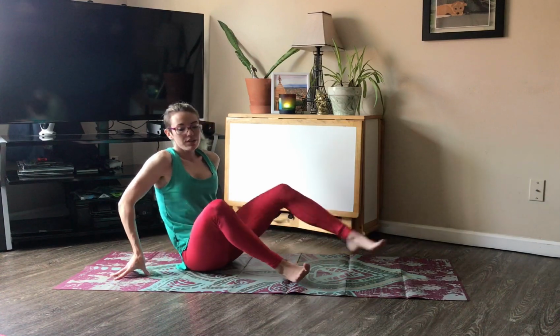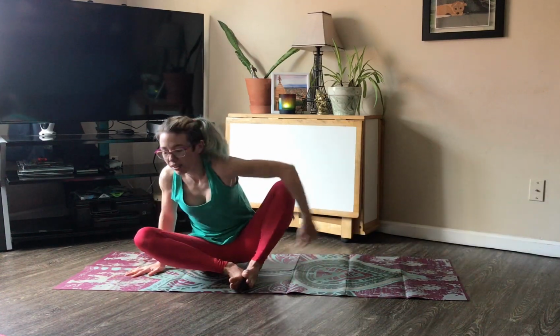We'll bring the soles of the feet together, finding Cobblers Pose here. We'll interlace the fingers, wrap them around the toes. If you have a lot of space here, you can walk the heels in closer to the body. If you need more space here, you can walk the heels a little further away. And finding a lift here in the chest, finding that tall, straight posture,